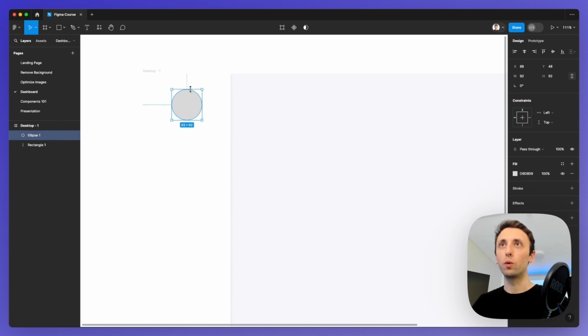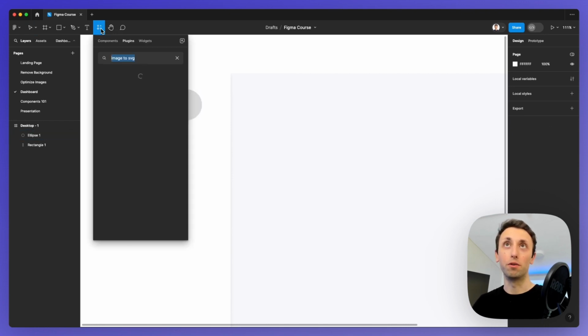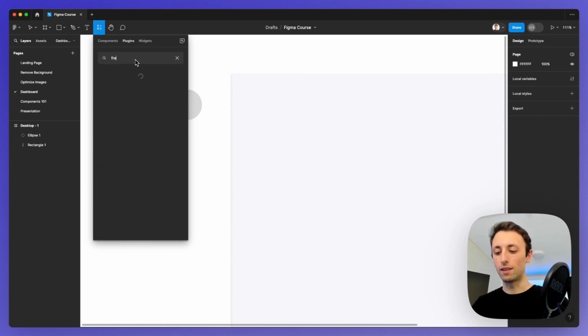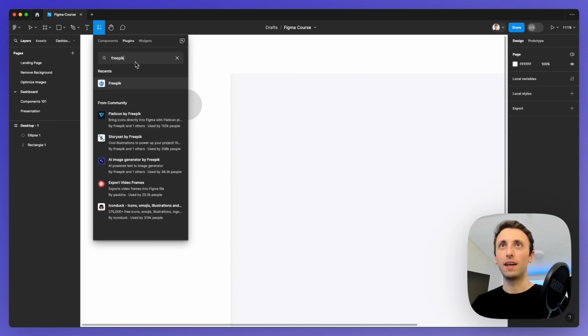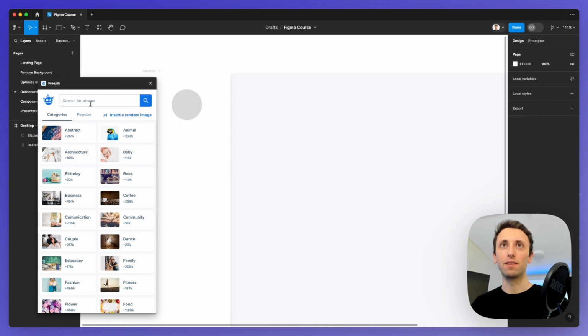And at this point, I'm going to add a circle here on the top, and we are going to add the image of a profile of a person, of course. So I'm going to go here under the plugins and write Freepik. And you can also use Unsplash for these type of things. It works totally fine. I'm going to write in portrait,